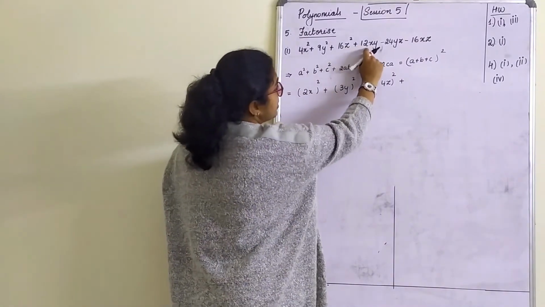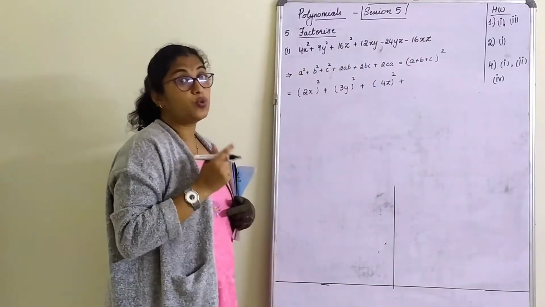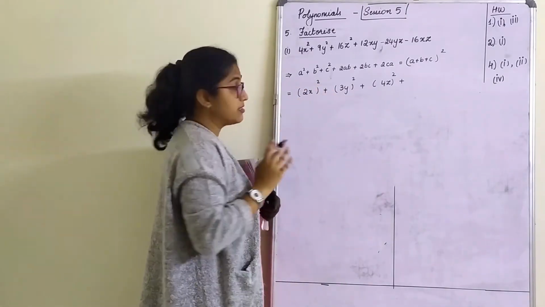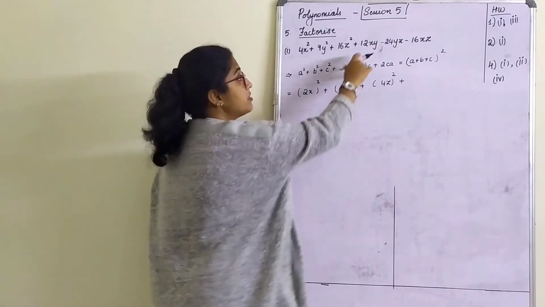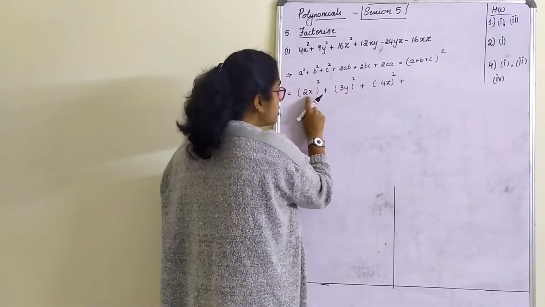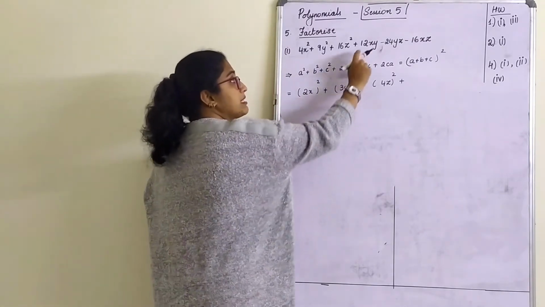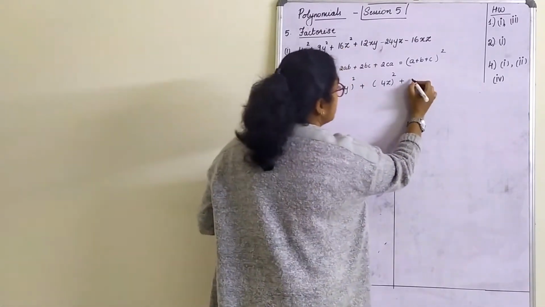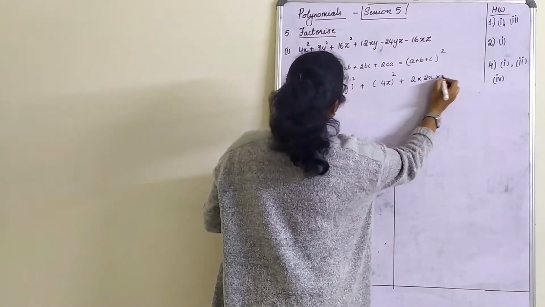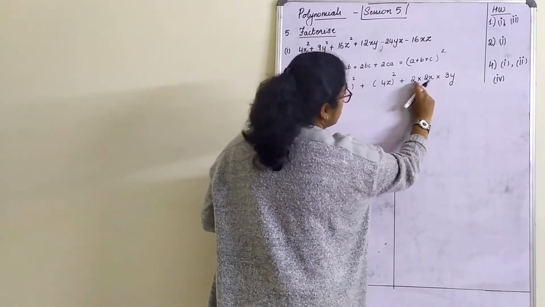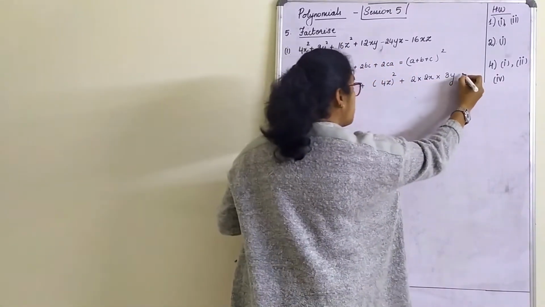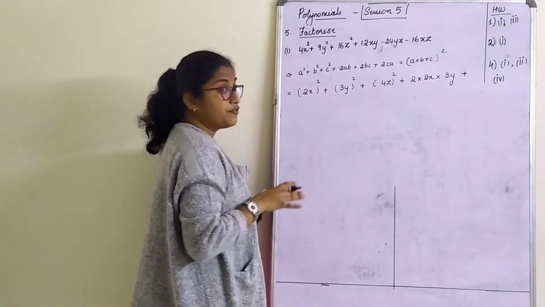Now look here, 12xy, that is 2ab. That means it is confirmed that a is positive at least. b also is positive because 2ab has to be positive. So this also is plus, this also is plus. That is why we got plus here. So this is 2 into 2x into 3y. 2 2s are 4, 4 3s are 12, plus 12xy we have got it. Put plus sign here as of now.